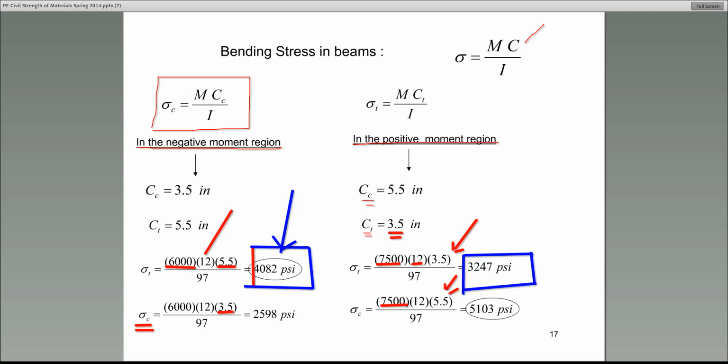We have 2598, and we compare that with what? 5103. So which one is the higher? This one. All right. Now,